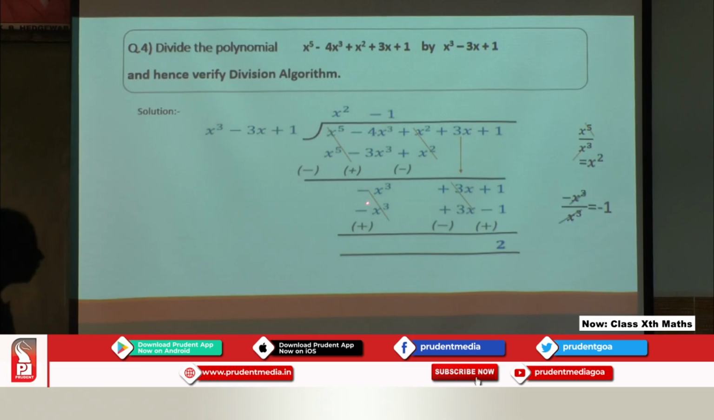So here this is minus x cube, again we should divide by the x cube. See, x cube cancelled, now here we got minus 1, and this minus 1 is the second term of the quotient. Now next step, again this second term of the quotient we should multiply by the entire term of the divisor, that is minus into plus is minus, x cube 1s are x cube, again